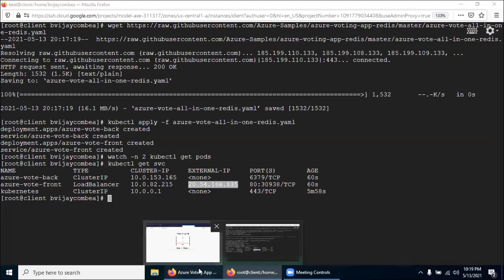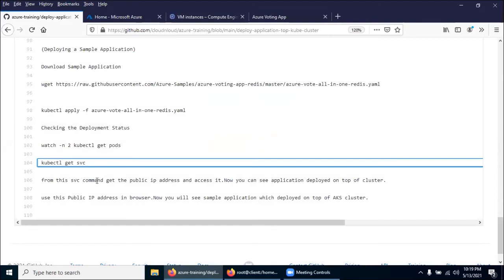You go back to the GitHub. Now, what we did: we created an Azure Kubernetes cluster, downloaded the necessary application, and deployed that same application on top of the cluster. During the deployment, it created two containers, front end and back end, and exposed them to the outside. We also tested it.